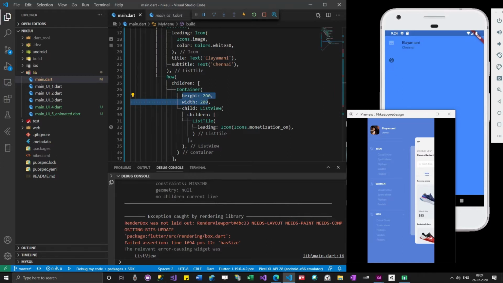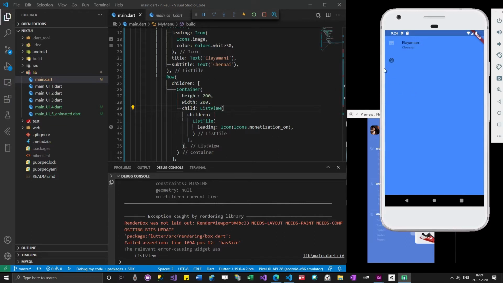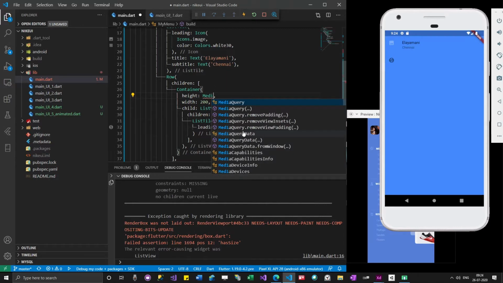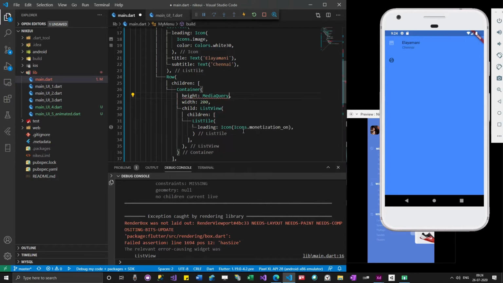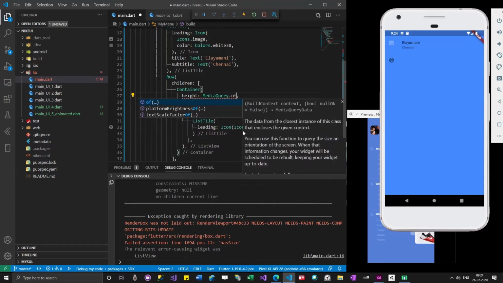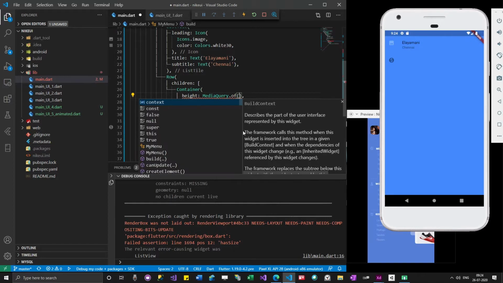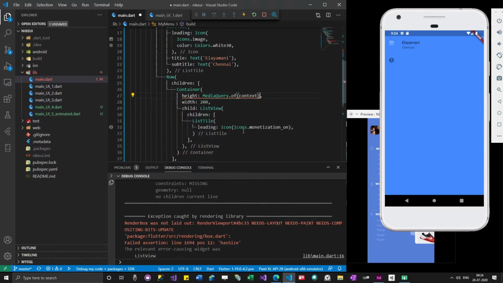Okay, so there is something we could use actually. Since we know that this height has to be as per the whole screen, instead of giving height, there is something called media query. Using media query you can actually get the width and height of the whole screen. So this is how you get it.